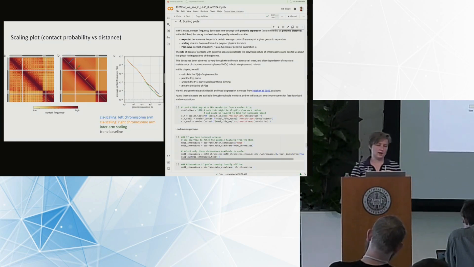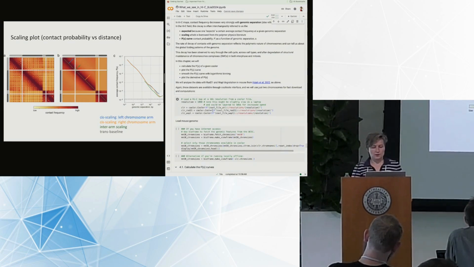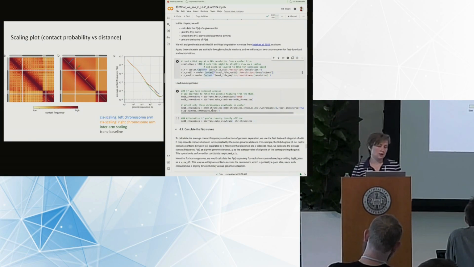while we step away from the diagonal. This property of Hi-C is usually referred to as scaling, contact probability versus distance, and it's a very important characteristic of your Hi-C experiment, which might tell you that you have some troubles with the experiment. For example, if you had a bad ligation step, that might be reflected on these scaling plots as unexpected features. For that, we usually compute the average interactions on the diagonal of the Hi-C matrix. So, for example, here, we will take the first diagonal, second diagonal, and further away, calculate their averages